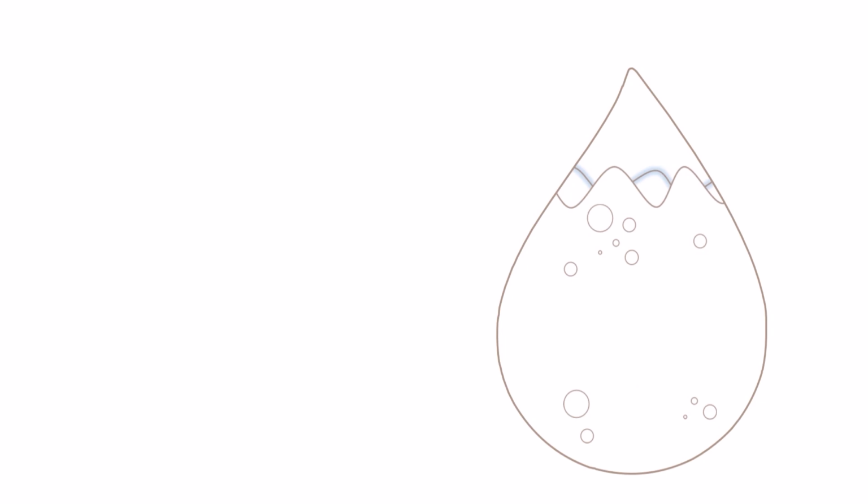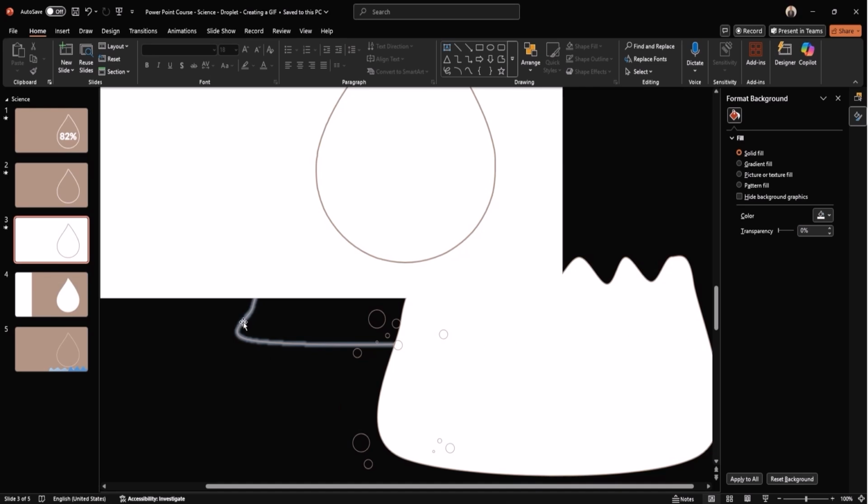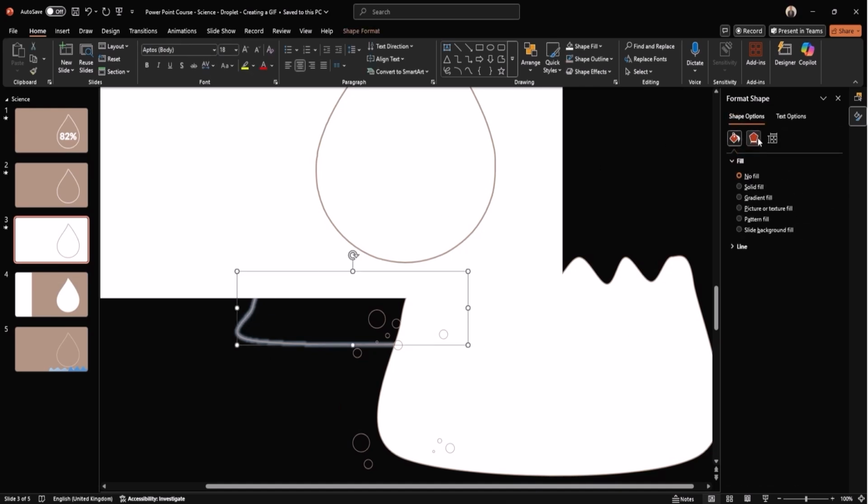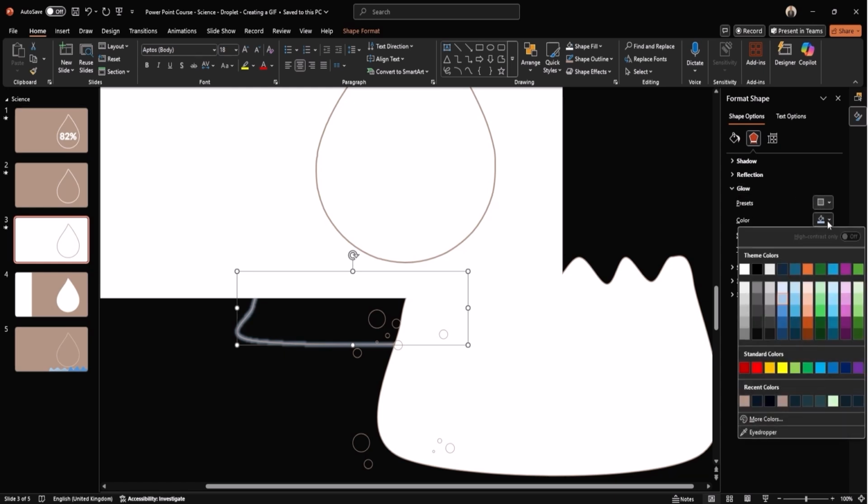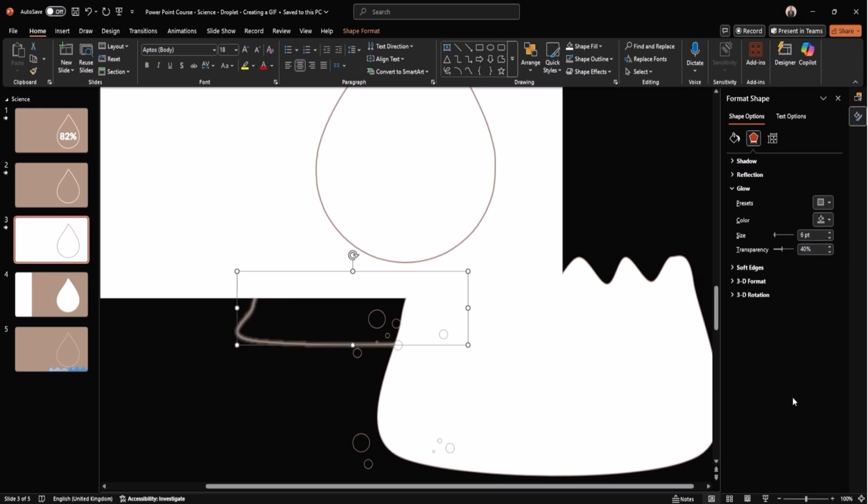Let's fix that real quick. Select the background wave, go to the formatting pane, and under glow, set it to no glow. Or, instead of removing the glow completely, you can change its color to brown. Now, let's play the slide one last time to make sure everything looks right. Amazing! Go ahead and create a GIF for each of them. You should be able to do this on your own now, just like we did before.